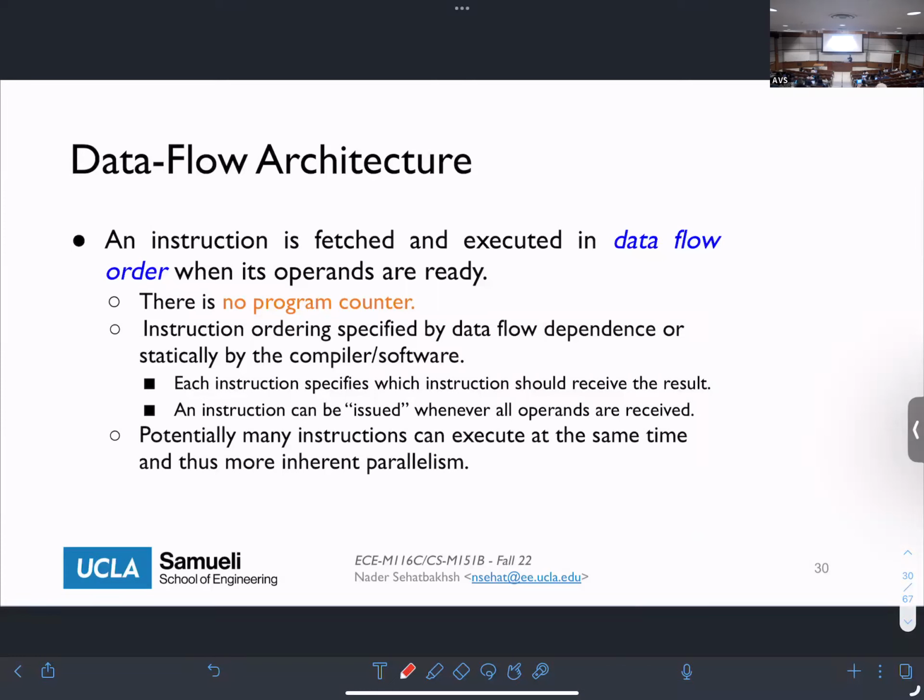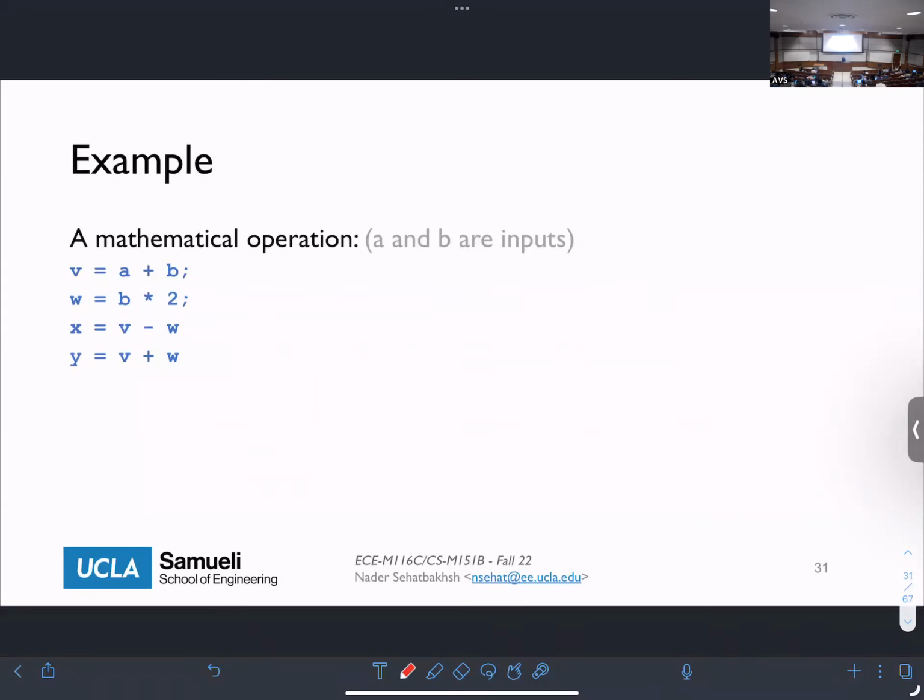Of course, you can have a von Neumann architecture for an accelerator too. But it's not common to do that because, again, you're only implementing one hardware. So you basically hard code the controller and the steps in that system. To give you an idea, let's say we have something like this. Let's say our A and B are the inputs, and we want to do a bunch of different things. So this is my A, this is my B,